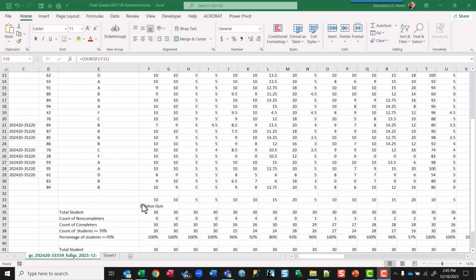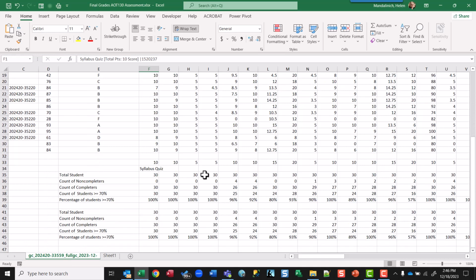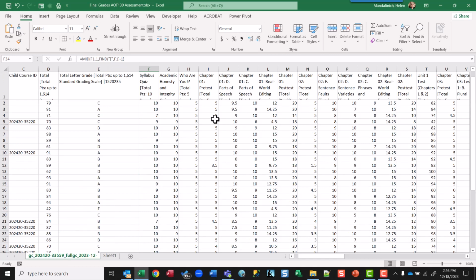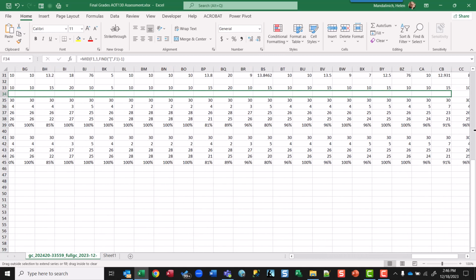Sorry, I'm back. So in this one, we're going to do the mid in F1, right? So what we're trying to do is pull out this syllabus quiz. I'm not sure why I used mid instead of left, but I did, but you probably could use left. So in F1, starting at value 1, find where that square bracket is within the F1, and then I go back 1 because it'll return the position of that square bracket, and we want to go 1 in front of it. So if I copy that across, you're going to get all of